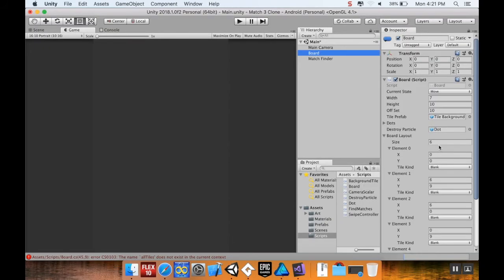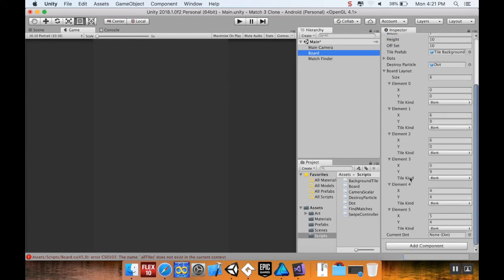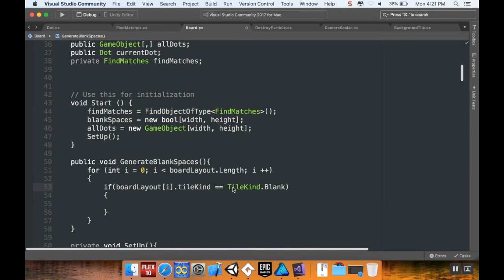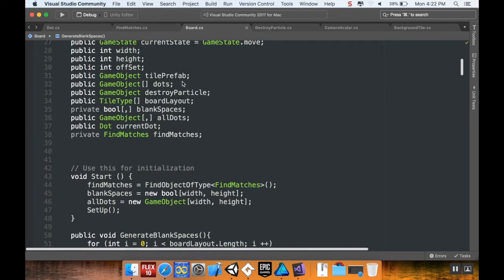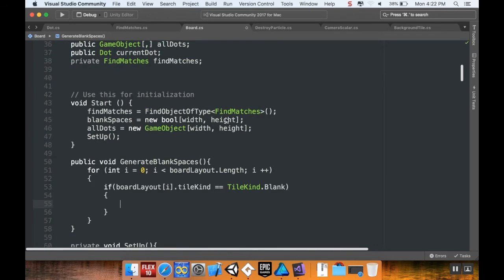So if there's nothing in here, it won't do anything. But I'm looking at all of these elements here, my 6 elements, and checking to see if any of them are blank. This way I can have blank tiles, breakable tiles, normal tiles, or those licorice tiles. And we're checking if it's that, and then if it is, then we're going to do our blank spaces,